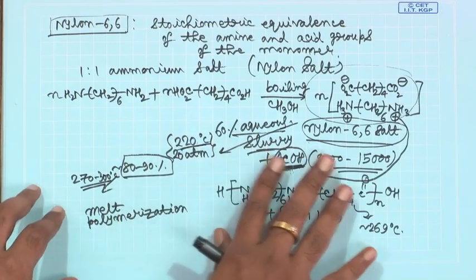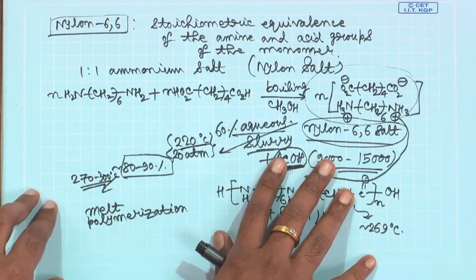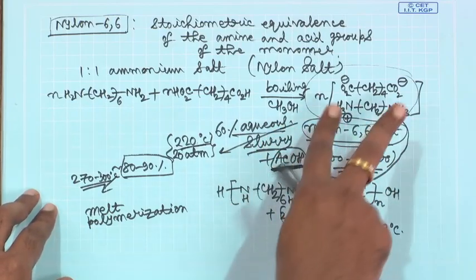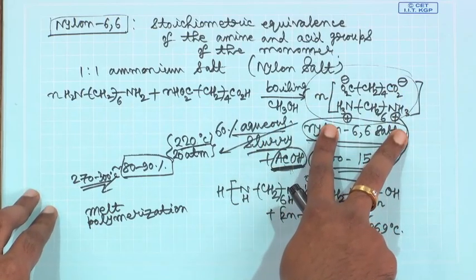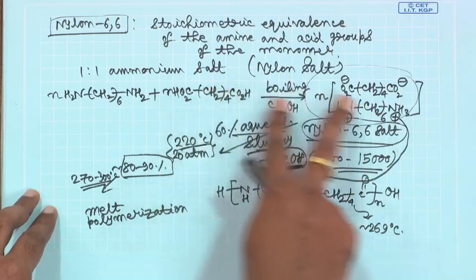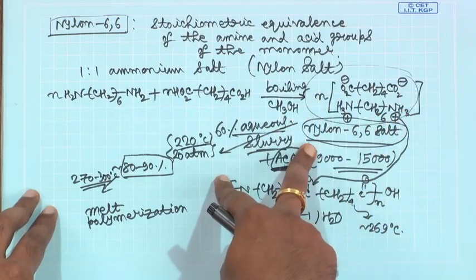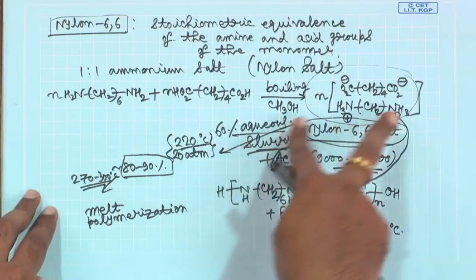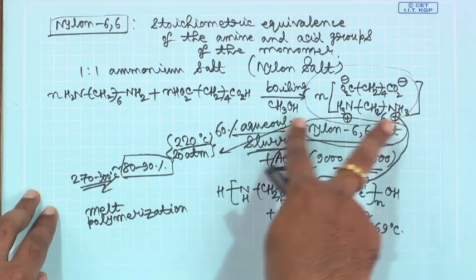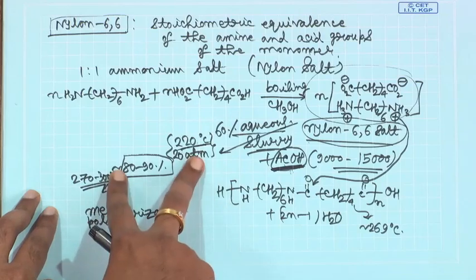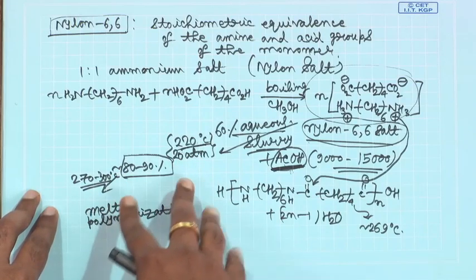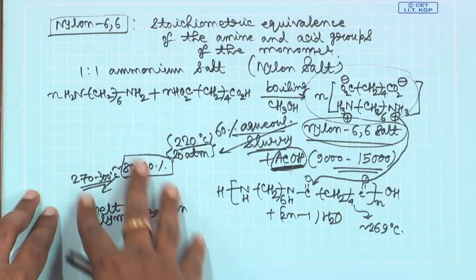So, there are then several interesting characteristics of this particular reaction. You just do not directly do the reaction, you first prepare a 1:1 ammonium salt in order to ensure stoichiometric equivalence of the acid and amine group, and then what you do, you take an aqueous slurry and under high pressure, high temperature, you drive the reaction forward up to 80 to 90%, and then you can drive to completion by removing the water, and basically it is a melt polymerization towards the later stages because the temperature is very